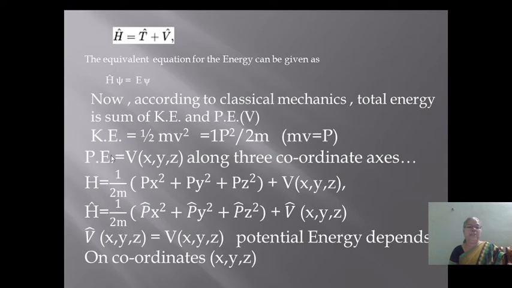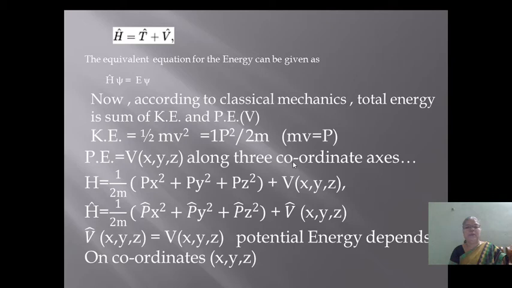And the potential energy is equal to phi, as potential energy is a function along the three coordinate axes. So we write phi equal to phi in bracket x comma y comma z,